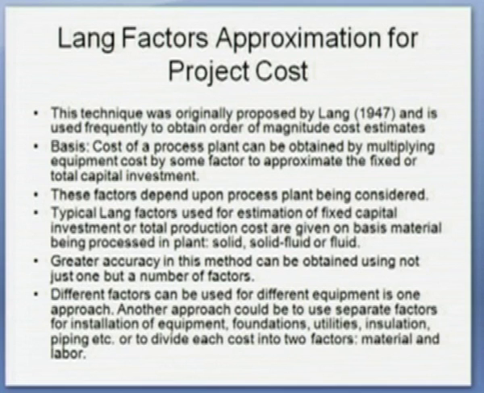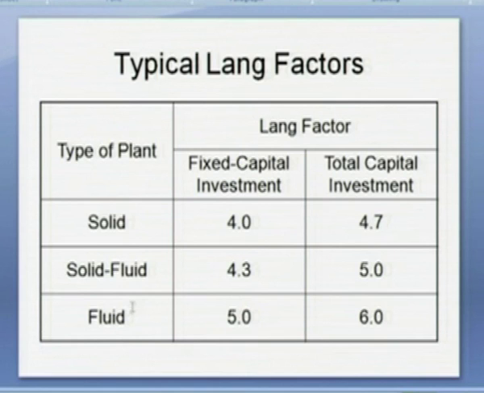and or to divide each of the costs into 2 factors, that is material and labor. The typical Lang factors I am giving here: type of plant, if it is a solids handling plant, then the Lang factor for fixed capital investment is 4 and total capital investment is 4.7. If it is a solid fluid plant, then the Lang factor for fixed capital investment is 4.3, total capital investment is 5. If it is a fluid handling plant, then the Lang factor for fixed capital investment is 5 and total